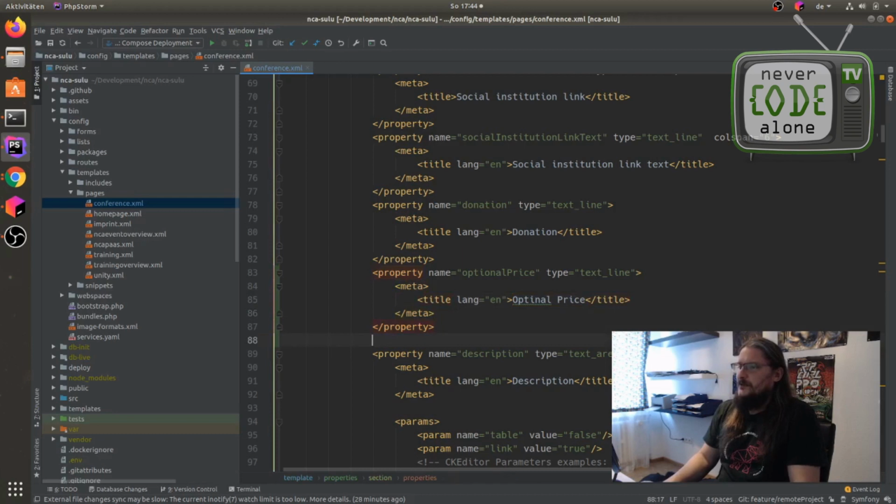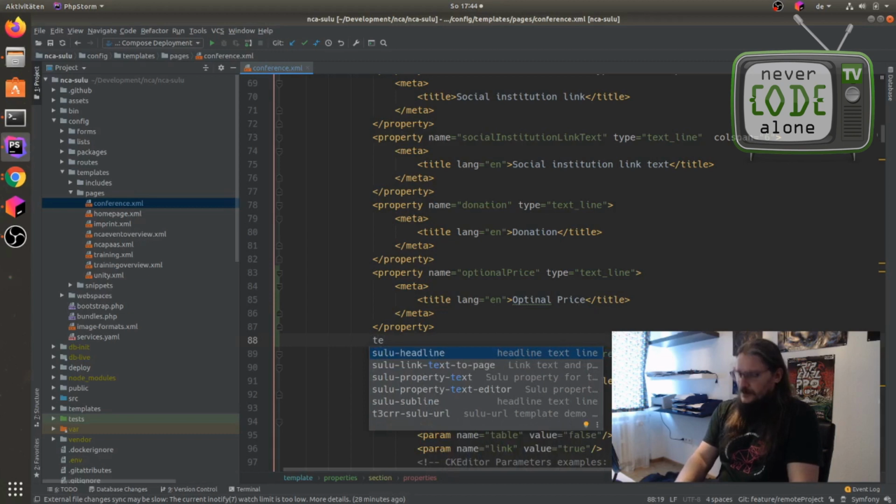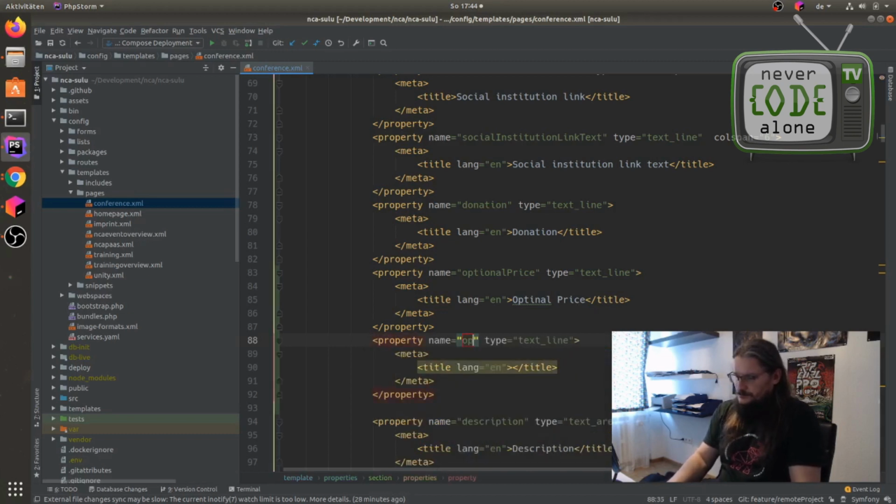And here a field for the optional button text.